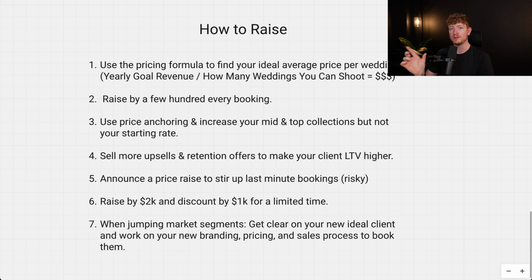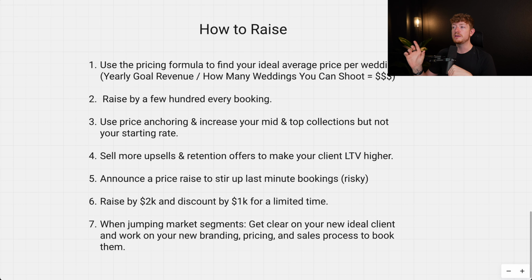Your middle tier collection is where you want to sell. And again, this works if you have 3 collections, 4 collections, 5 collections, doesn't matter. So your mid tier collection, then maybe let's say we price it at 5K, and it's got what most people kind of need for a wedding photographer, 8 hours coverage or all day coverage, second shooter, engagement session, whatever you want to do, doesn't matter. So that's your mid tier collection.